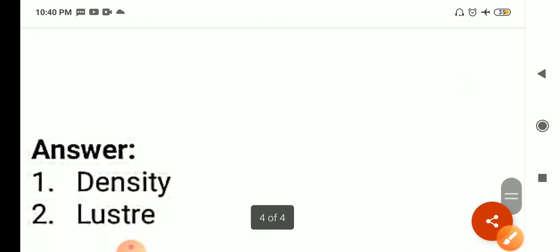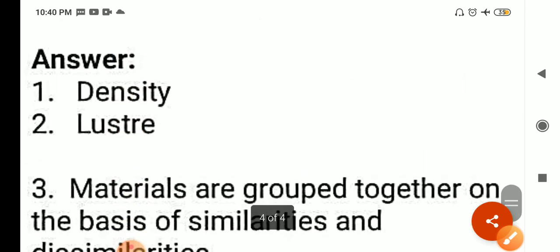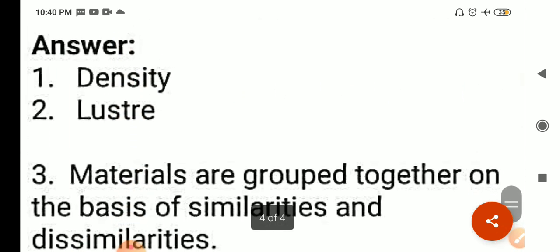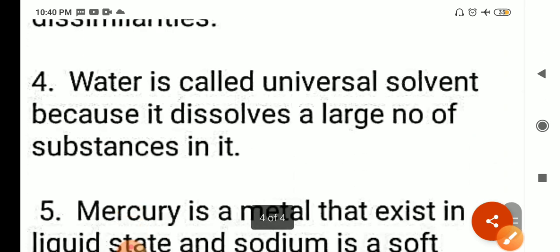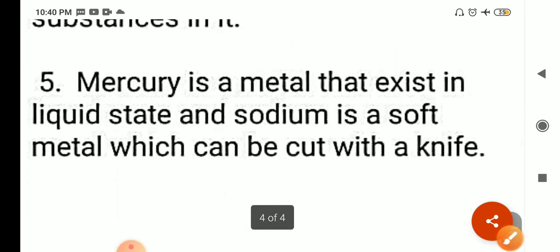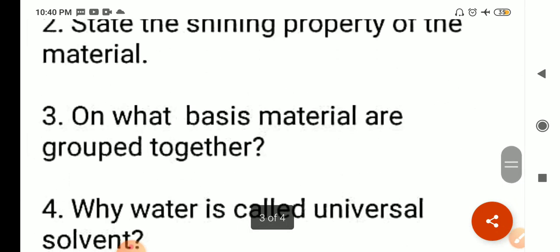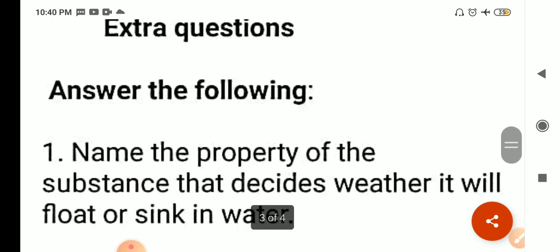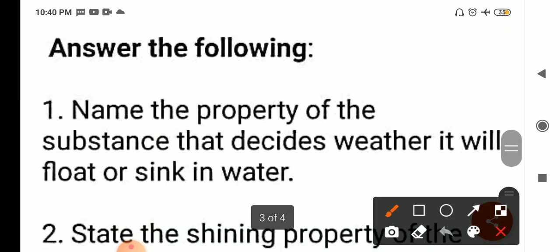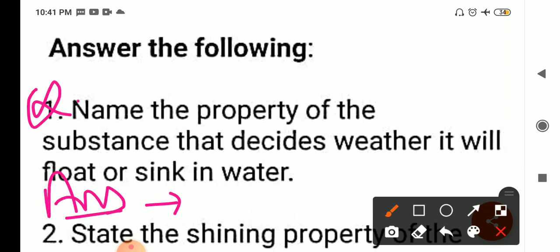Okay. Then answers are also given here. Now see, this was answer number 1, then second, and the answer of the third question, then the fourth question and fifth question. Answers are also written here. But when you write the question, then along with the question you have to write the answer, है ना? So this is the question, and you will write the answer here in your notebook. Then you will write the